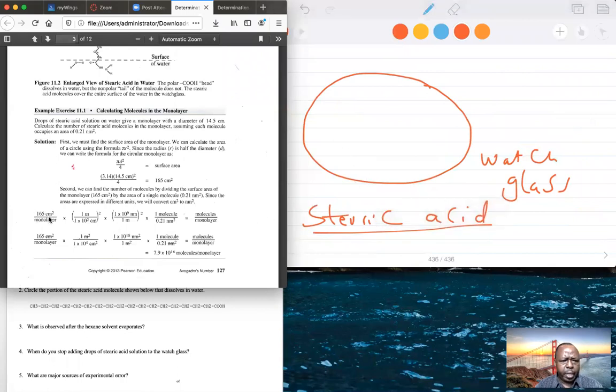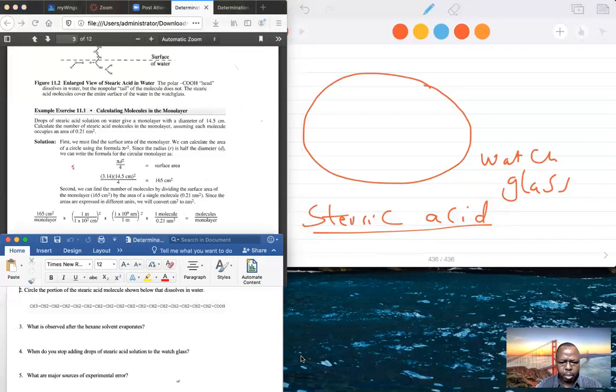With your area, you see this 165. Once you determine the surface area of your monolayer, I will substitute where I see 165 in worked example 1 with your area. You will use this equation. Your diameter will change. I'll give you the diameter. It's right here. So that we are on the same page, I'll be hitting at the same time going through